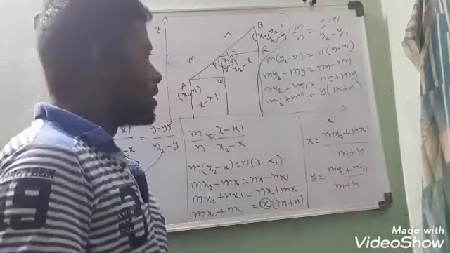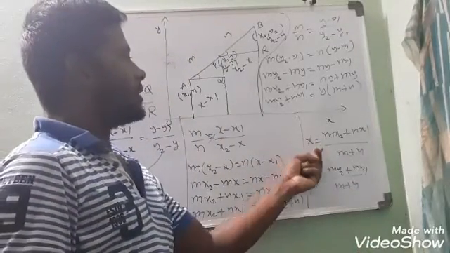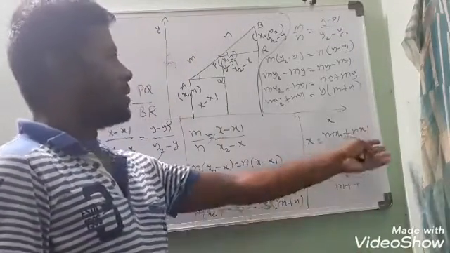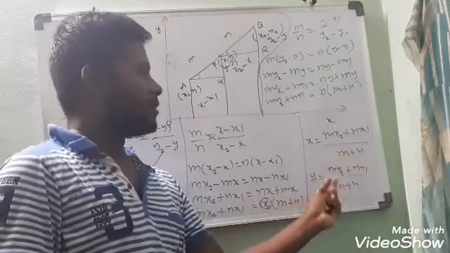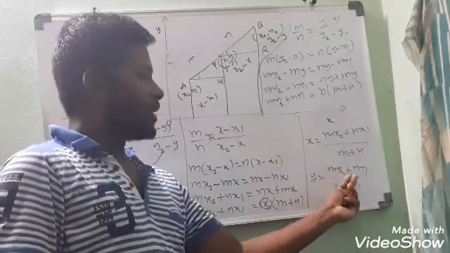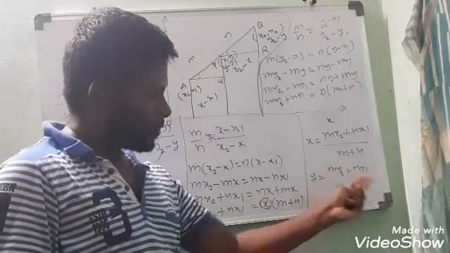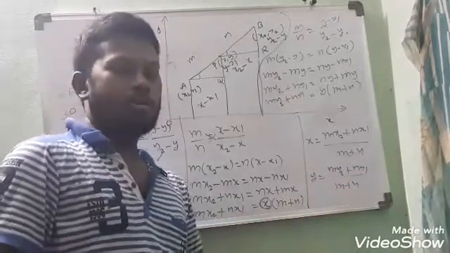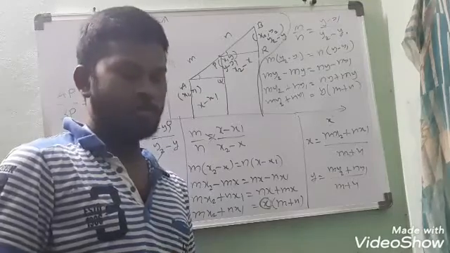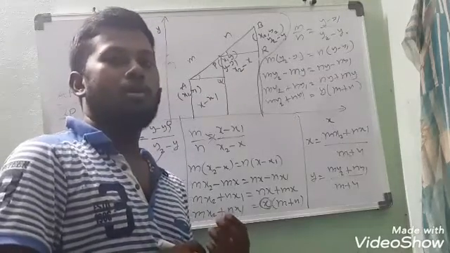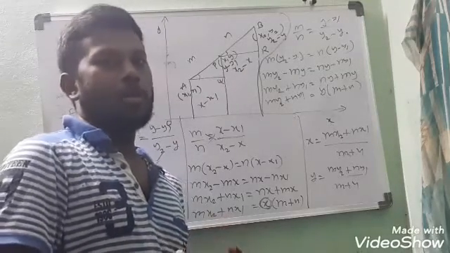So guys, we got here the x point and the y point. As I told you, the formula is x equals mx2 plus nx1 by m plus n, and the point y is my2 plus ny1 by m plus n. So this, guys, is the section formula proof, you can say a derivation. In the same way we have the area of a triangle also.